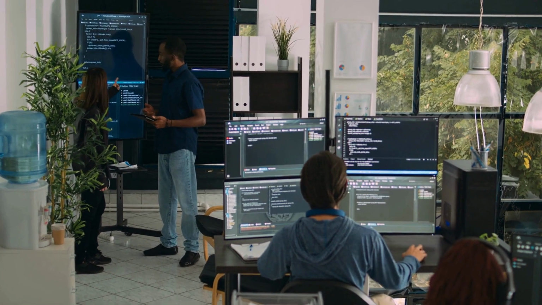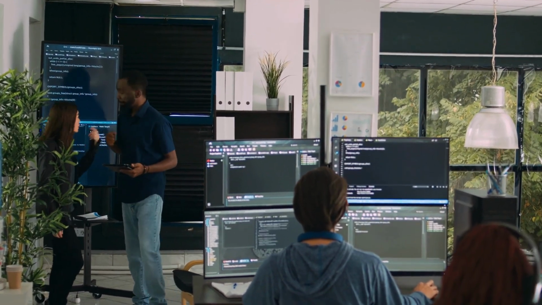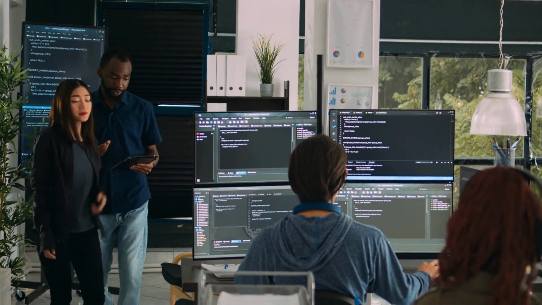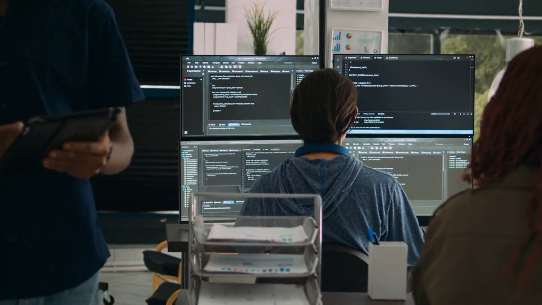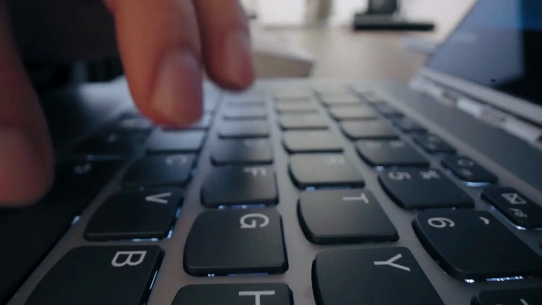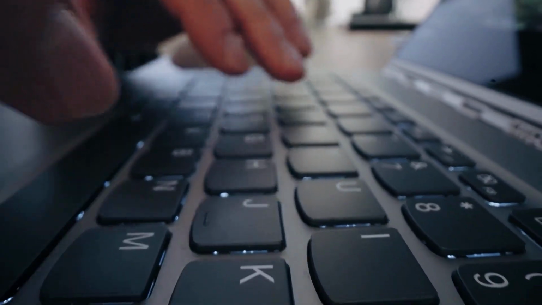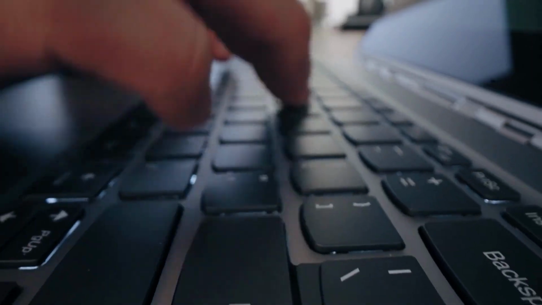Learning from courses can take many forms, from online tutorials and MOOCs to in-person classes and degree programs. The benefit of taking a course is that it provides a structured learning experience with a clear curriculum and learning objectives. A course typically includes learning materials such as videos, readings, and quizzes, as well as opportunities for hands-on practice and feedback from instructors. Many courses also include a community of learners, which can provide opportunities for networking and peer